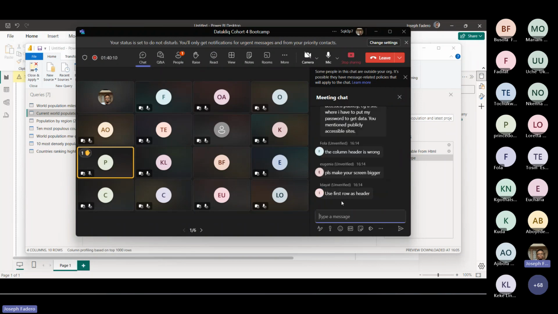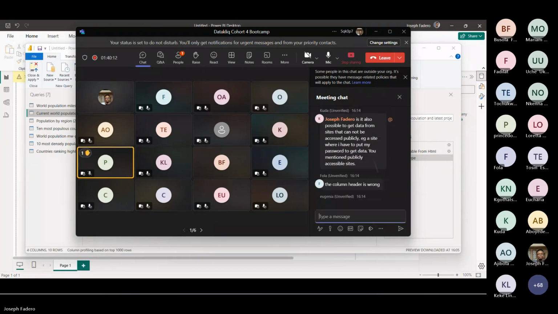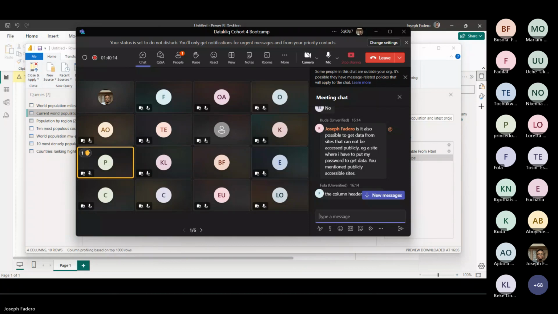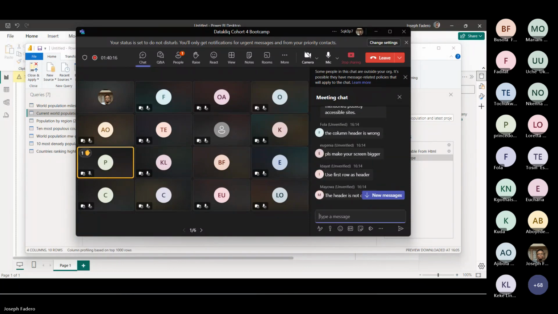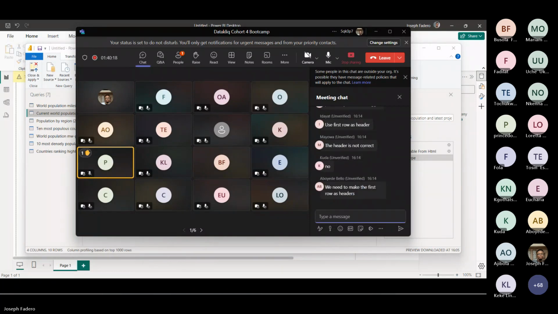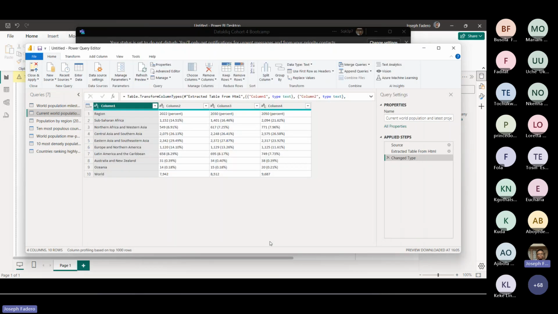So what's the problem? Excellent point. Somebody stated we need to use the first row as headers. Yes, because like this, we can simply see an error in the transformation step.